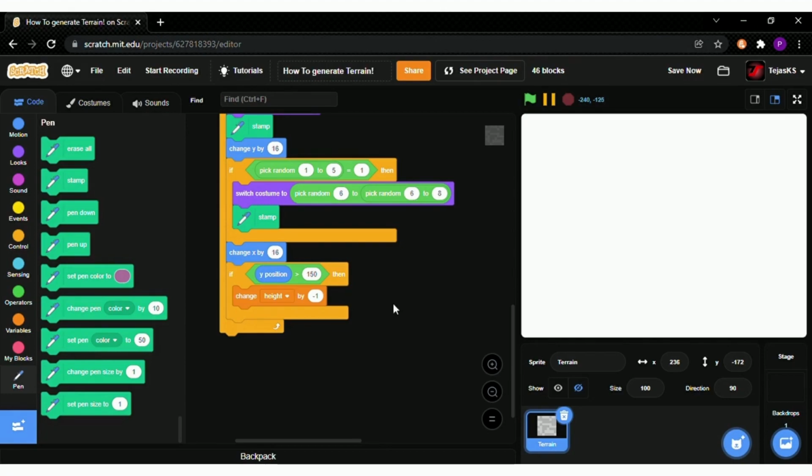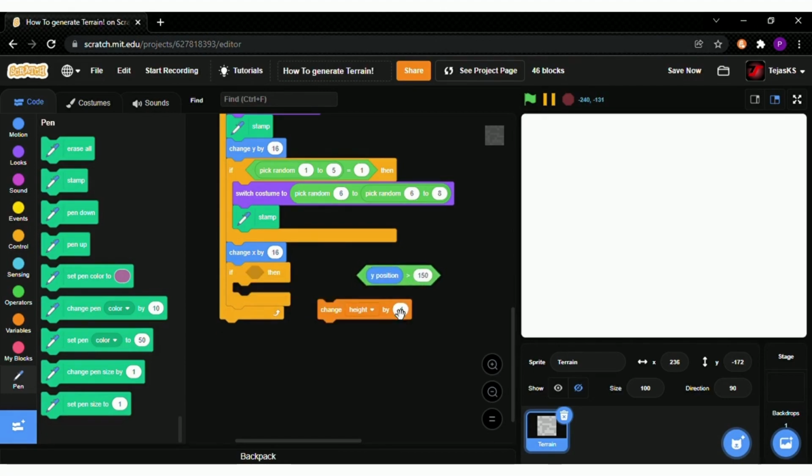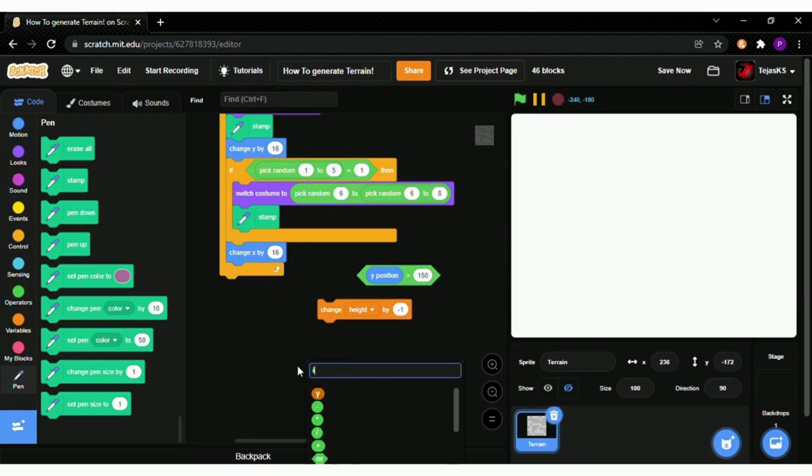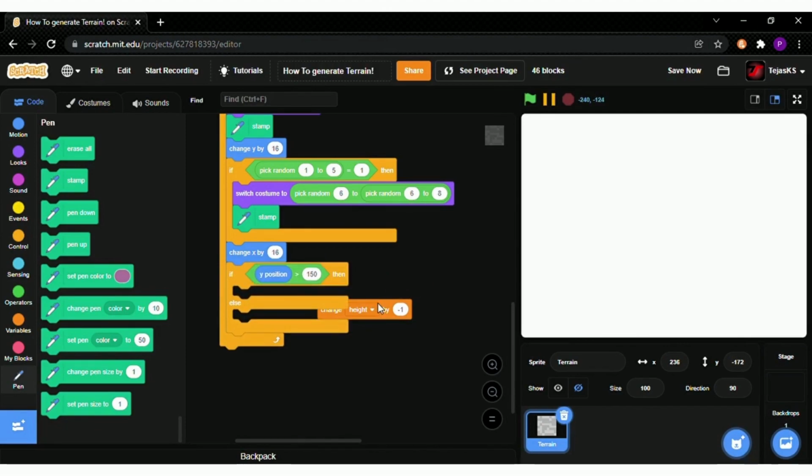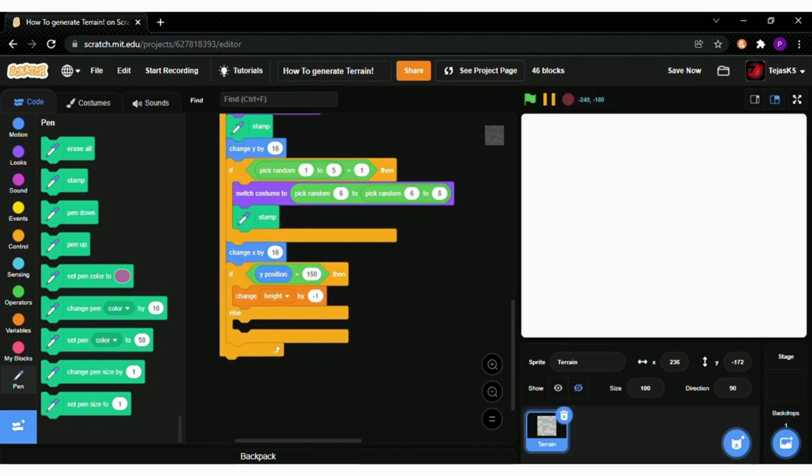Then we will be using if else, not if. So you can remove this and get if else. Change height by -1, else change height by